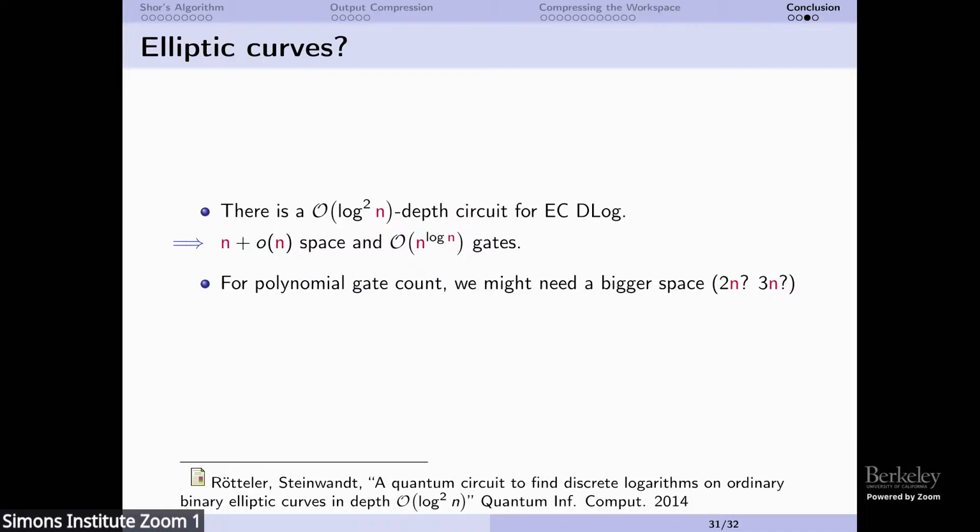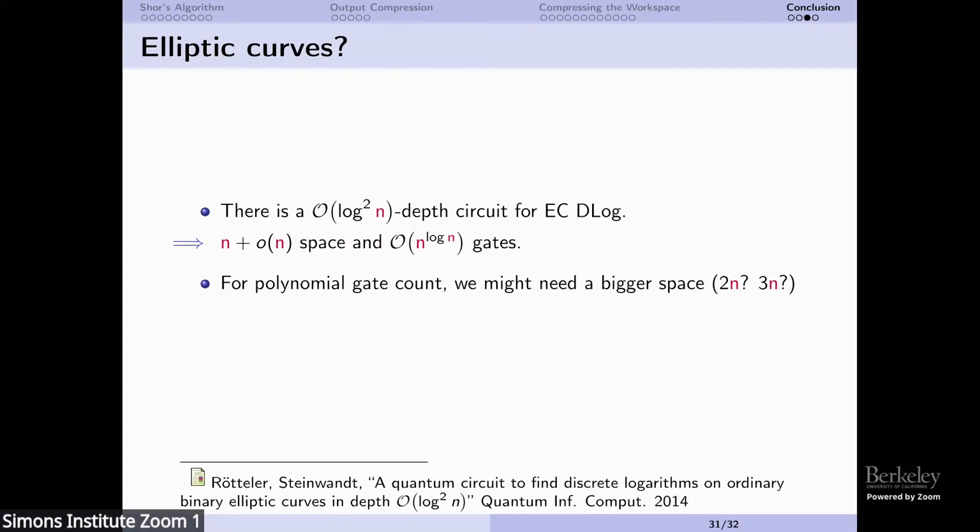Or are there other reasons? Frankly, so the question is where does the log square n depth come from? Frankly, I'm not really sure. I think it's simply when you do factoring, you reduce to the controlled multiproduct. And for the controlled multiproduct, you can use the RNS to reduce this to very low depth.